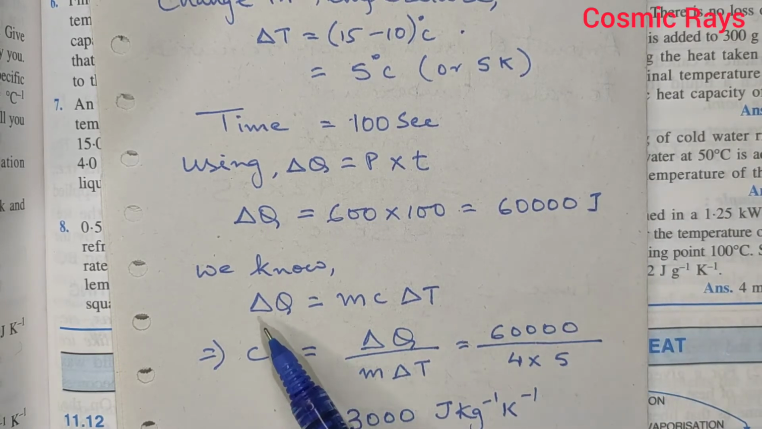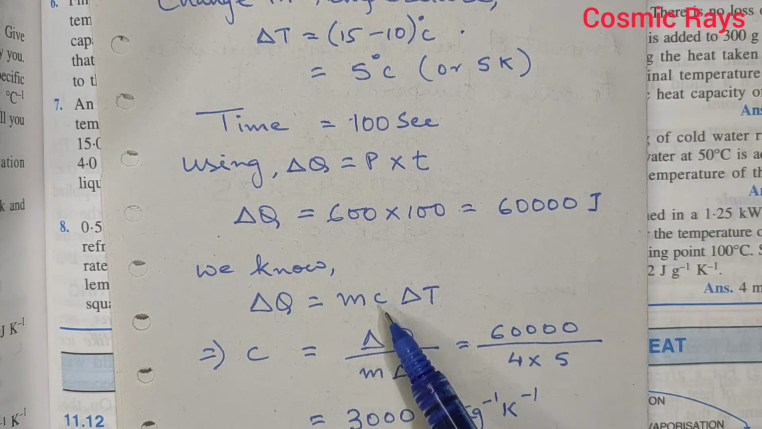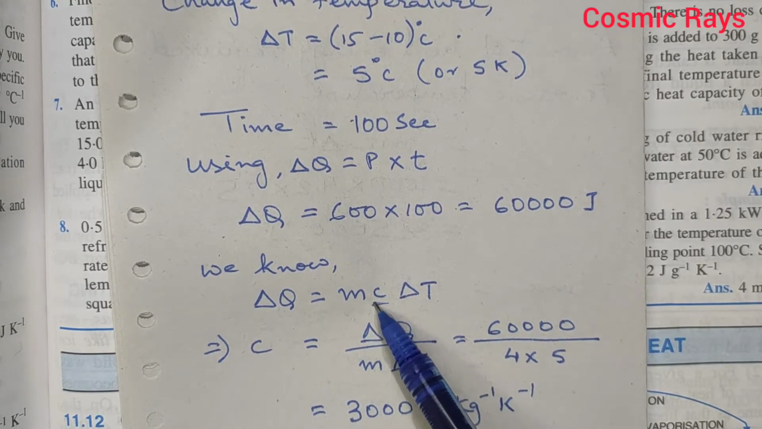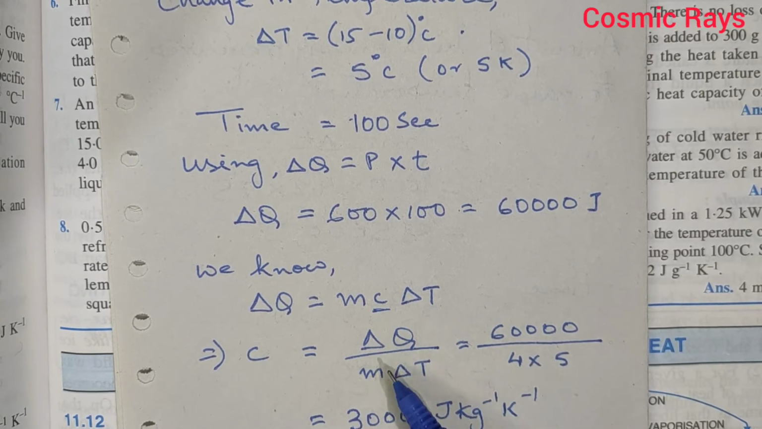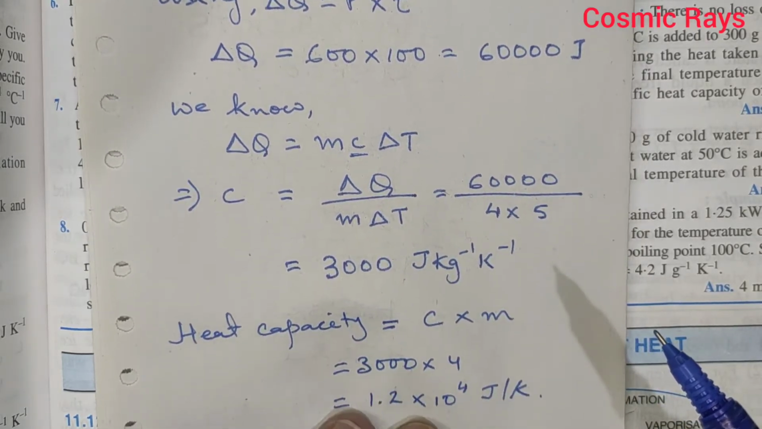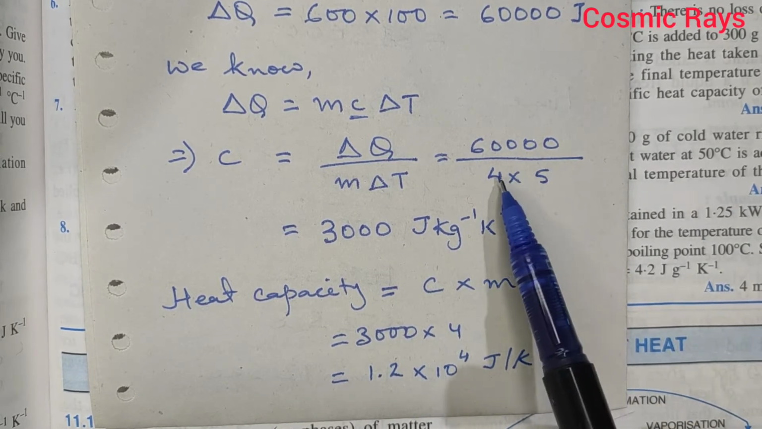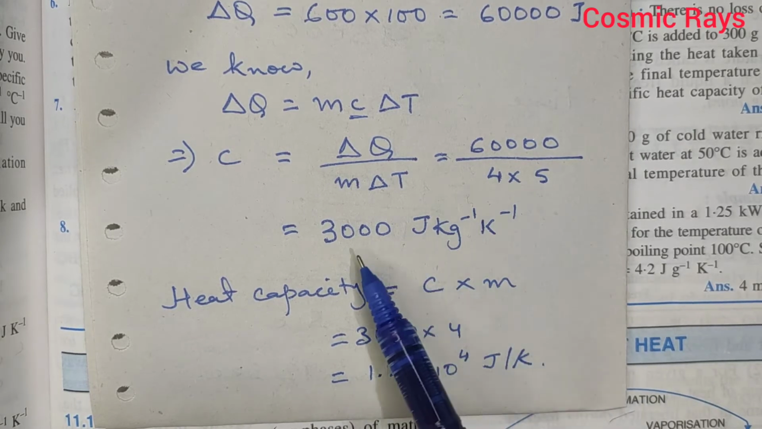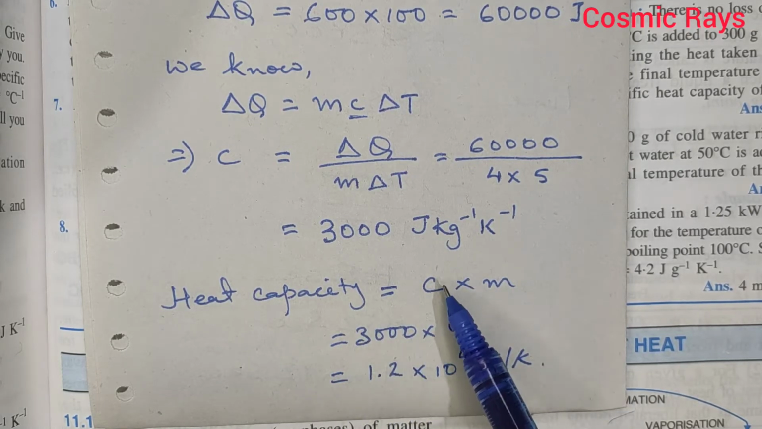Now, using the formula delta Q is equal to mc delta T, where m is the mass, c is the specific heat capacity, and delta T is the change in temperature, we can find out the value of c, that is specific heat capacity. So c will be equal to delta Q upon m multiplied by delta T. So we have the values given to us and we just put the values: 60,000 divided by mass is 4 kg, change in temperature is 5 degrees Celsius. So after calculation it comes out to be 3000 joule per kg per Kelvin,